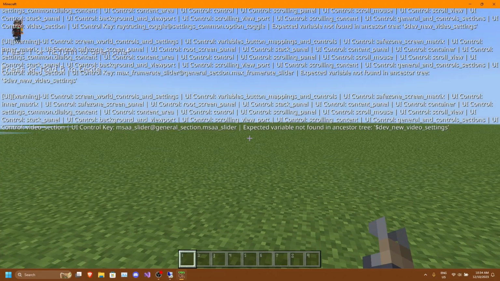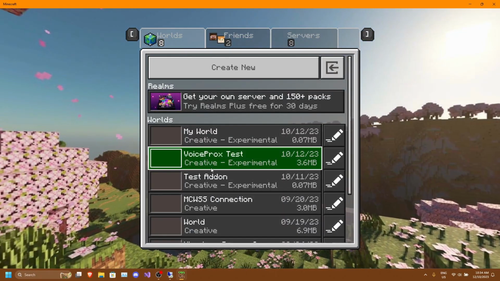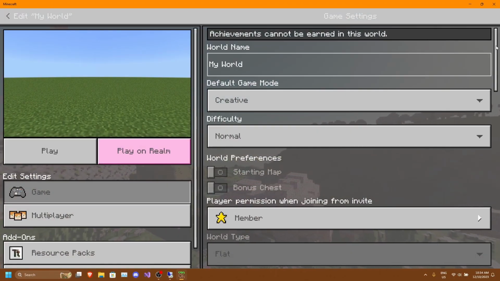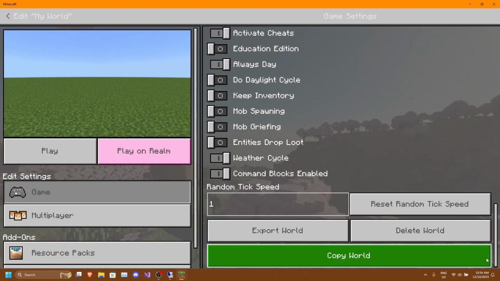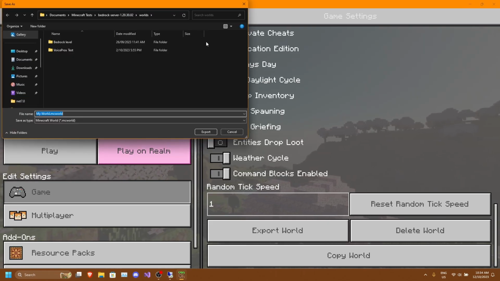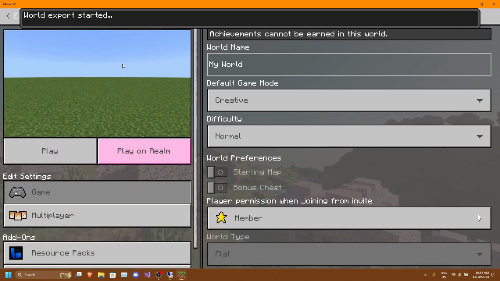And once you have created the world, we can then save and quit. Click on the edit button, scroll down, and export world. Then we can export this anywhere we like, so we'll just export it there.